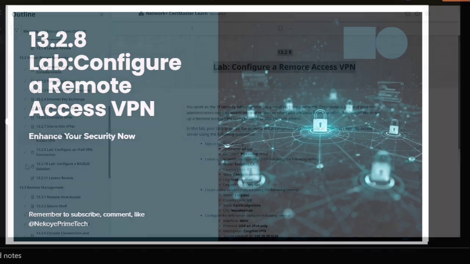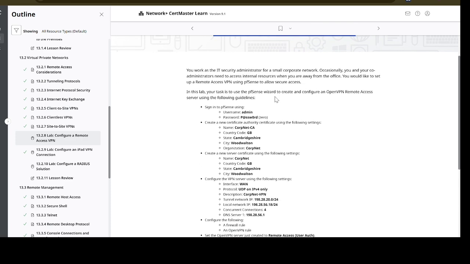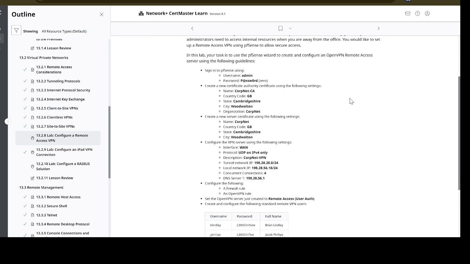Let's get to it. We are on our page over here, and the instructions are that you work as the IT security administrator for a small corporate network. Occasionally, you and your administrators need to access internal resources when you're away from the office. You like to set up a remote access VPN using pfSense to allow secure access. So in this lab, your task is to use the pfSense wizard to create and configure an OpenVPN remote access server